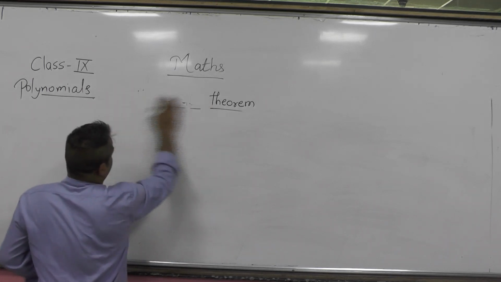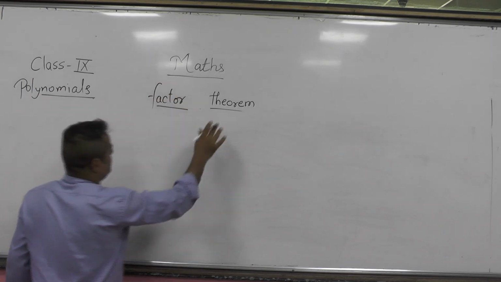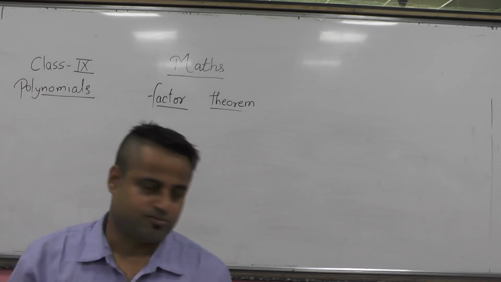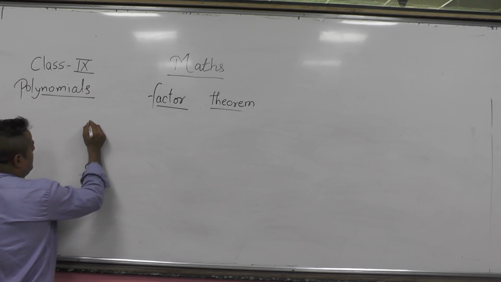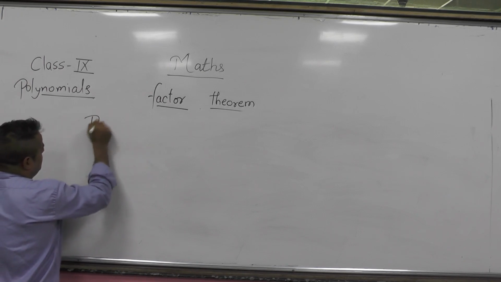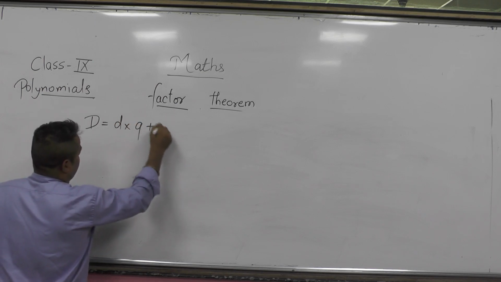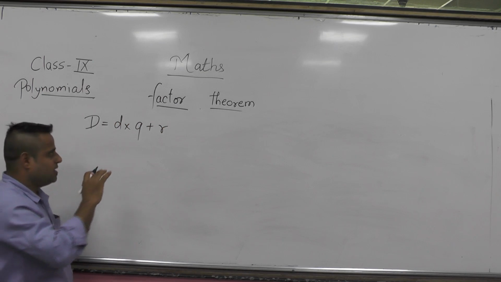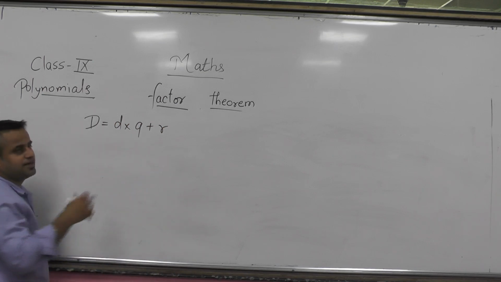Okay, the remainder theorem we have seen already. The factor theorem is very related to the remainder theorem. It's actually an upgraded version of the remainder theorem. Now what is it? Okay, see, you have learned the rule: dividend is equal to divisor times quotient plus remainder. It is based on that division lemma, it's called Euclid's division lemma. You will learn it in 10th class also.